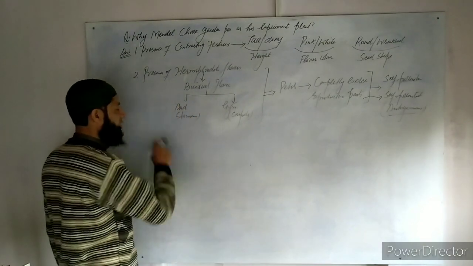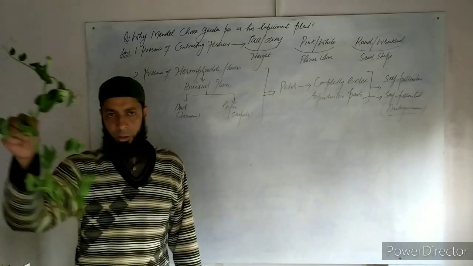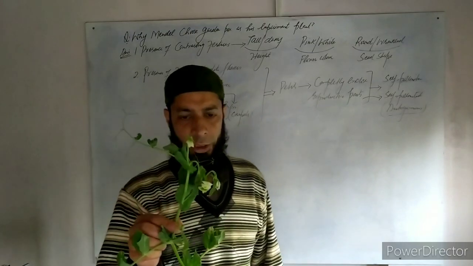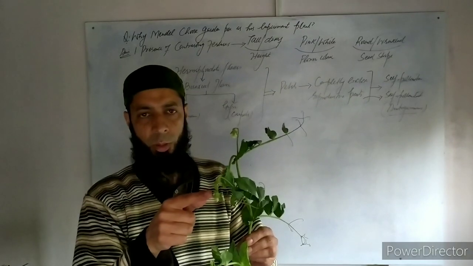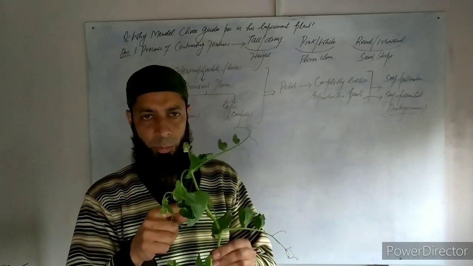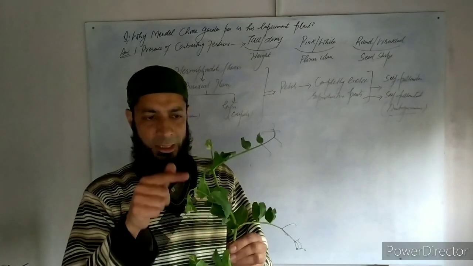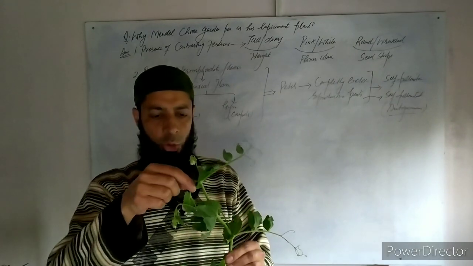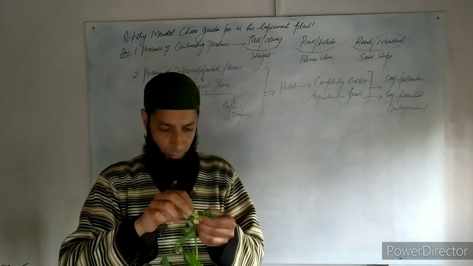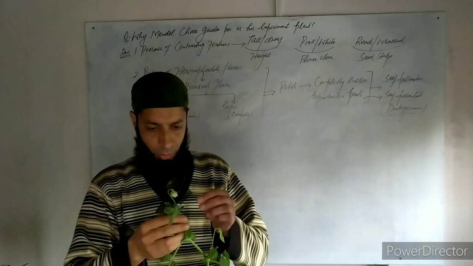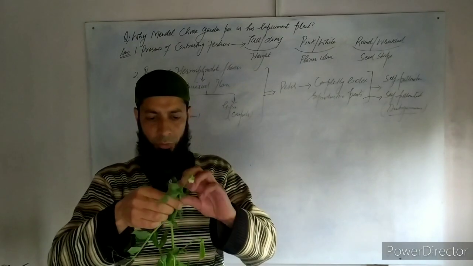And this feature I will show you practically with the help of a flower. This is a plant, that is pea plant, having flowers as well as fruits in the form of pods. This is the pea plant. Some flowers are axillary in position while some are terminal in position. I will show you the structure of a typical flower.